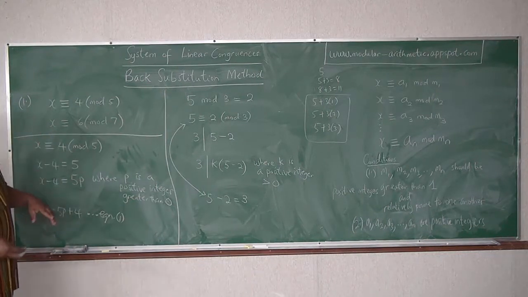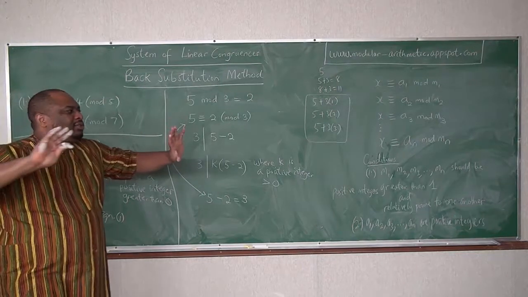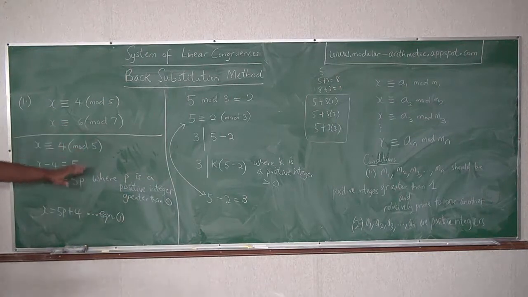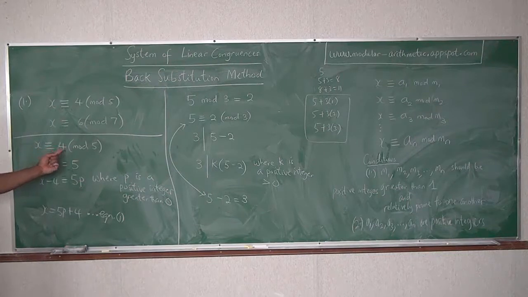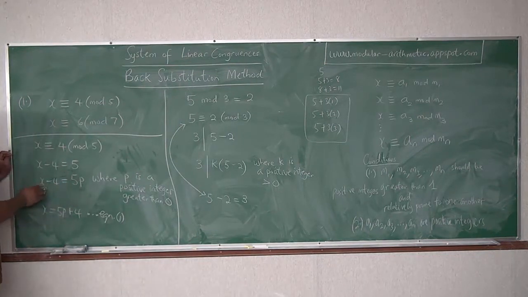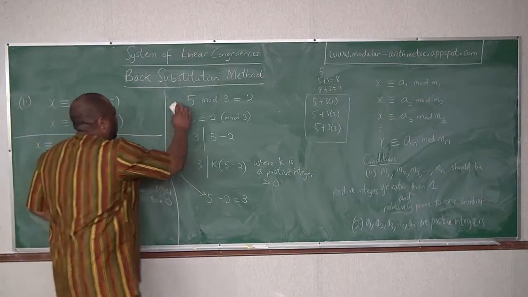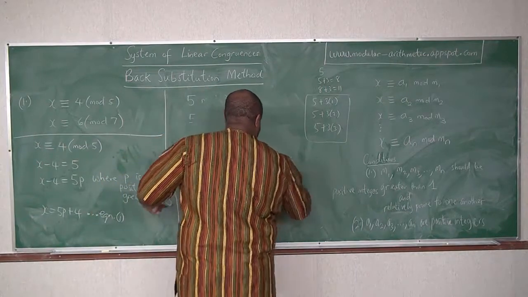So do you see it? I don't want you to be confused. If you can learn the way I just did this here, whenever you have x congruent to 4 in mod 5, just know that x minus 4 is 5, and it could be 5 times p, because this is what we need here. This is the main thing that gives us this. So x will be 5p plus 4. This is our equation 1. Okay. So the next thing we will do is,